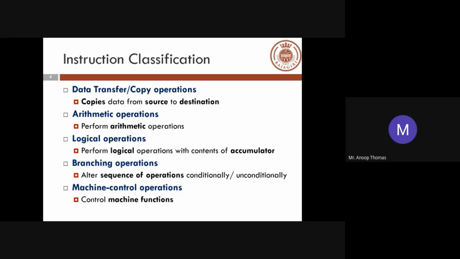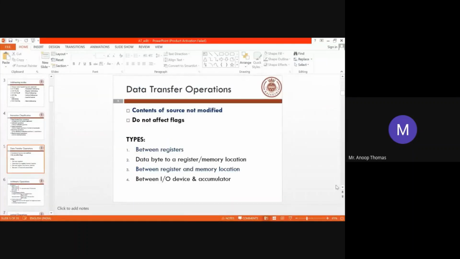So these are the general types of instructions which are there. In data transfer, we transfer data from a source to a destination. It doesn't affect the flags, and you have different types of data transfer operations. That is basically